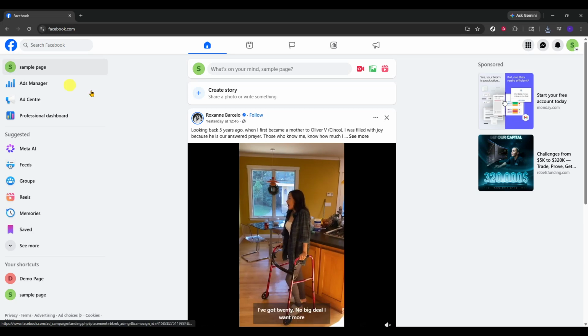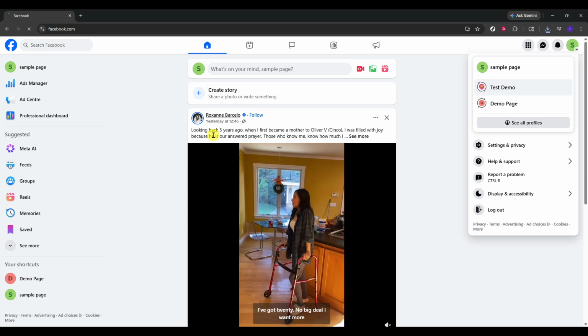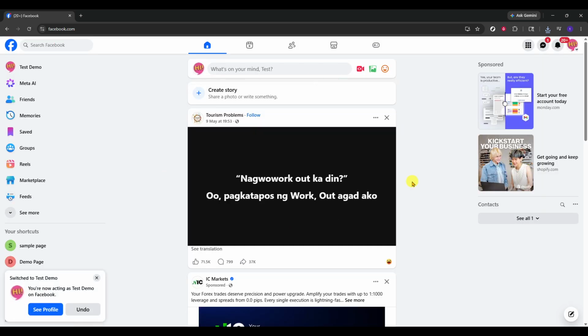Hello, today we will guide you through how to connect a Facebook business page to an Instagram account. To start, open facebook.com in your browser and sign into the account that manages your business page. It helps to have both your Facebook and Instagram login details handy before you begin, so the process is smooth